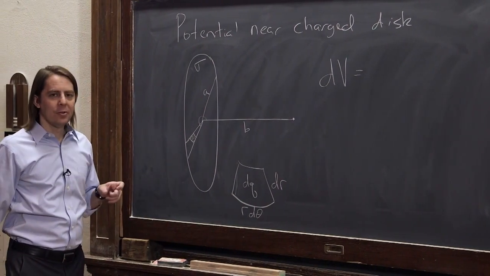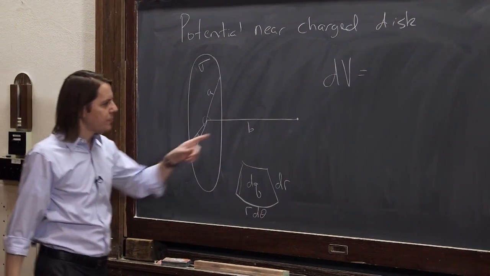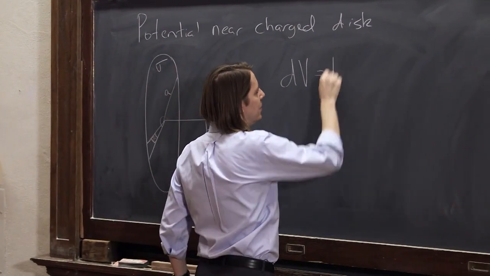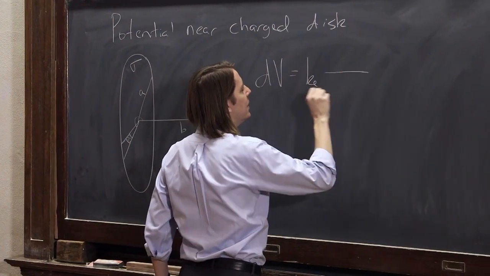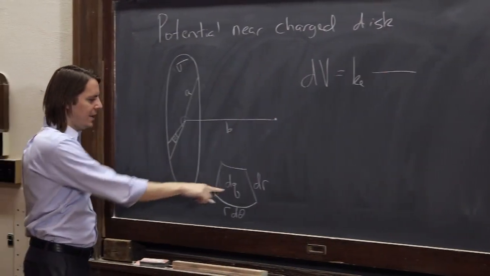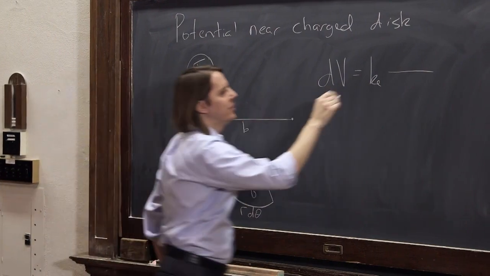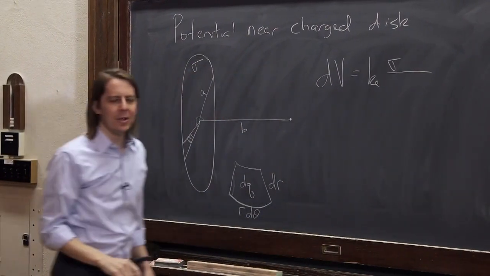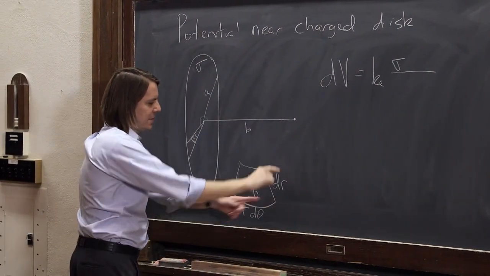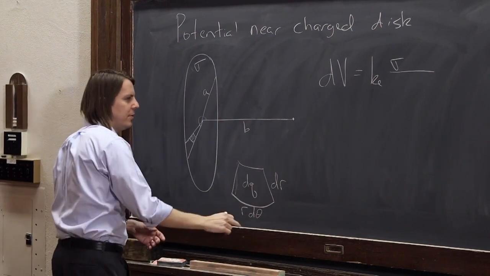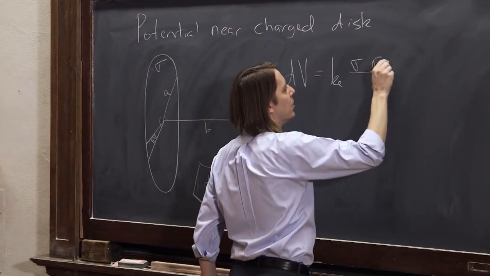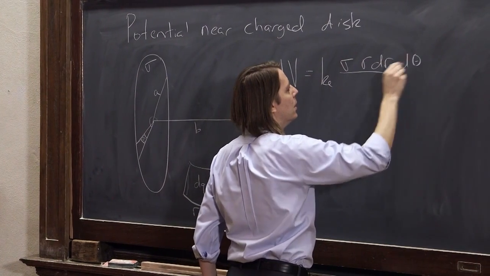The differential potential from this little thing, treating it as a point charge, out to here is Coulomb's constant, dq, and dq is sigma, the charge density, times the element of the area, which we usually write as r dr d theta, sigma times r dr d theta